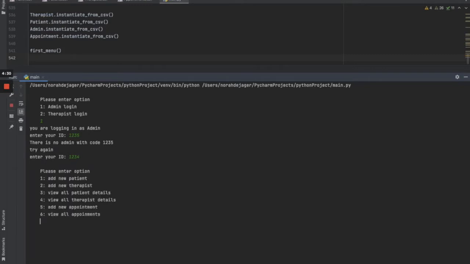We are going to add a new patient first. Now what this is going to do is just ask me for two inputs, which are relative to the header names of the CSV files, and these are also attributes then of an object. So let's say Lucky suffers from depression. I'm going to continue